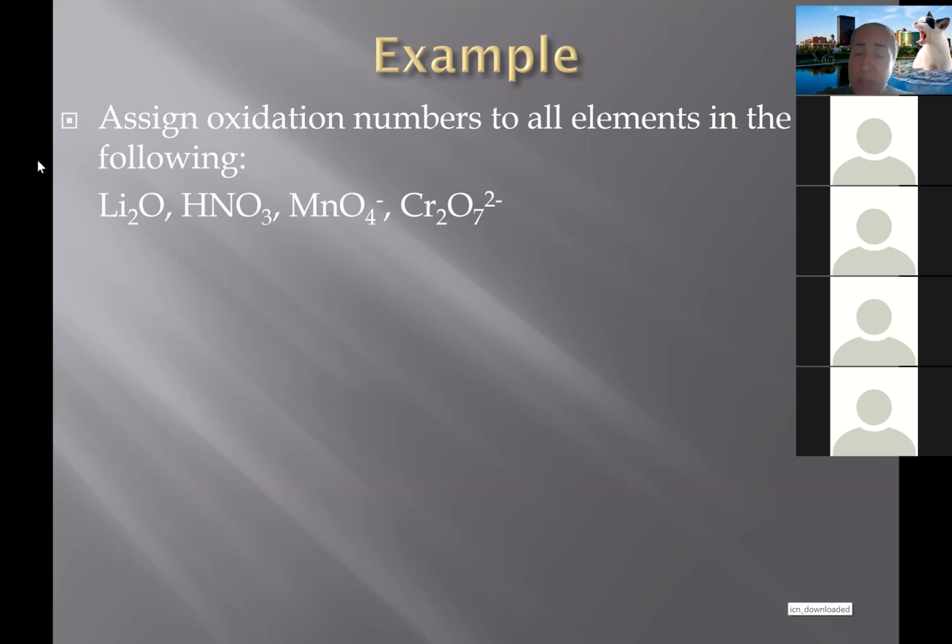little math equation. What's the oxidation state of oxygen? -2. What is the oxidation state of lithium? +1. Why +1? Because it's in the 1A column on the periodic table. Right, exactly, because it's in the first column, and those are always +1. So that's it. That's literally what we're doing, assigning little numbers to everybody, okay? So for the next